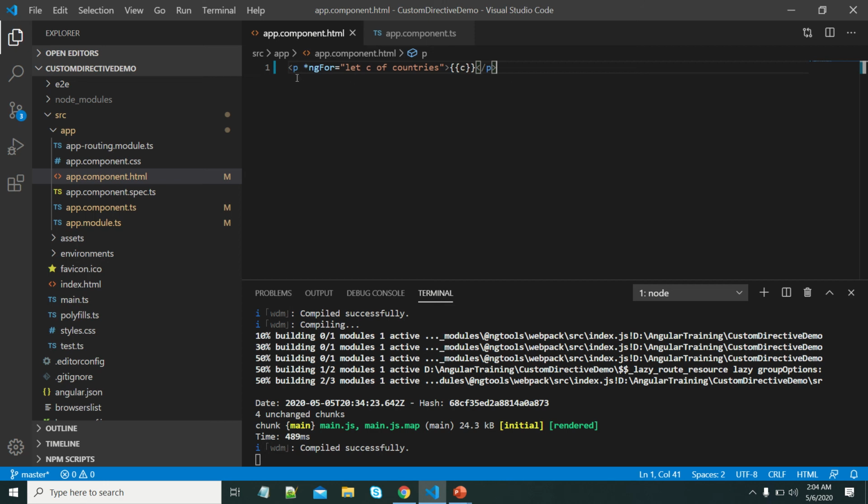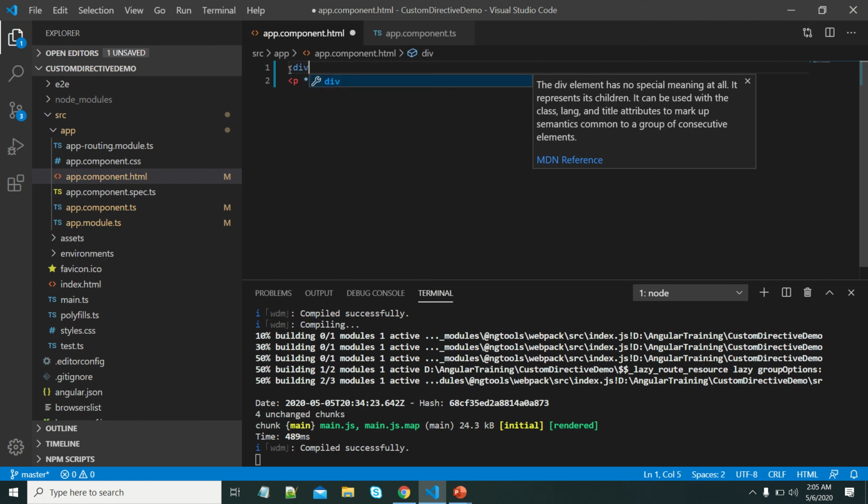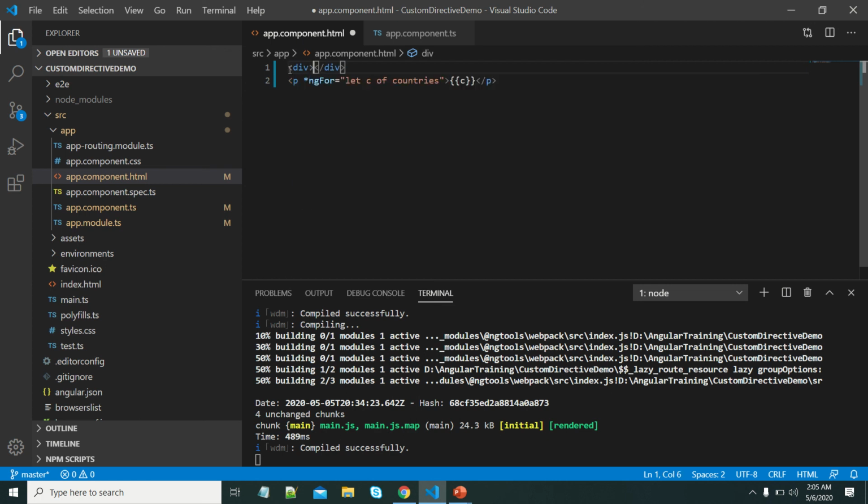Here also I'm using p tags only. First let me write the switch case. I'm using it in a div tag, where ngSwitch we need to use as an attribute directive. Here we need to pass one value.